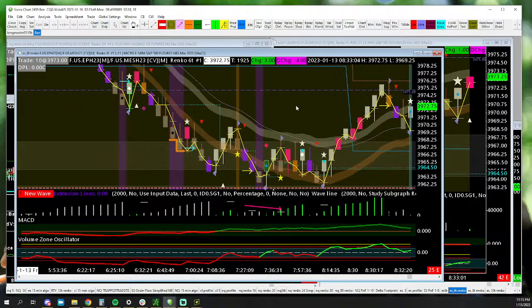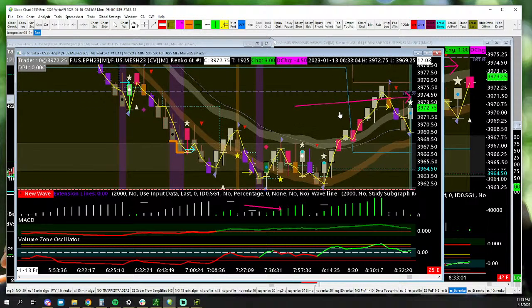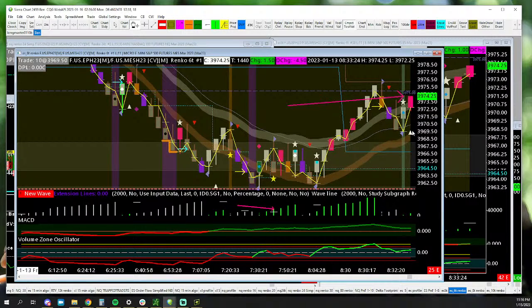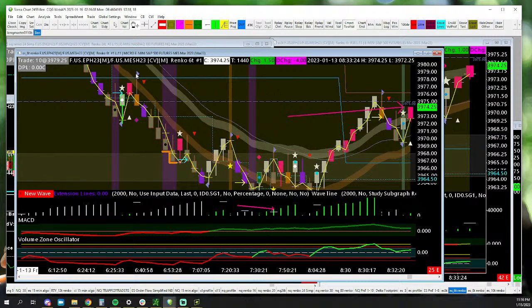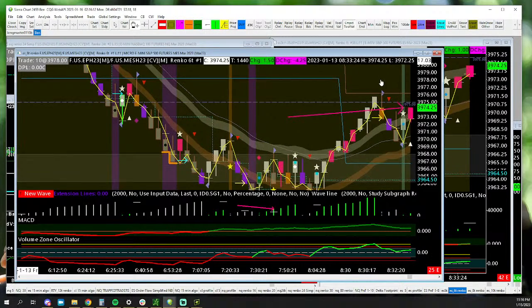So if I didn't get aggressive and take this one because I didn't want the 8-point stop, which is probably what I would have done, I'd say, okay, well, I did get my pink bars. So if this one can produce a triangle and a pink bar on the same bar, I'll go ahead and take the aggressive trade. There it is. So white triangle associated with the pink bar. I should at least get 3 points here. Now, the only trouble is we do have some resistance, but I expect we're at least going to go to this one. And so I'm estimating it's maybe 4 points, but that's what I'd be looking for.